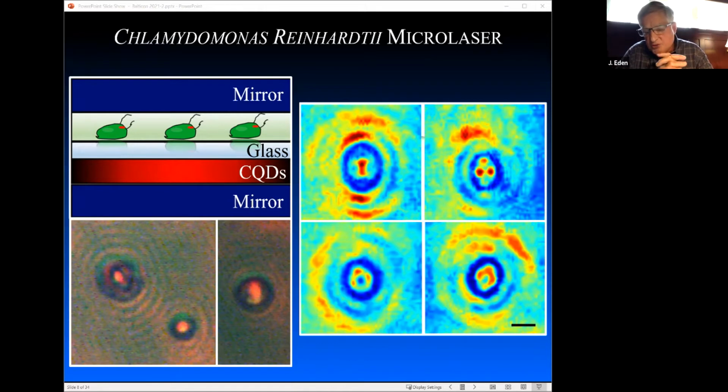And we believe that that's because this is a living cell. If you look at the images, you'll see that the insides are changing a little bit. And that's why the mode pattern is changing. At lower left, you can see red emission from inside several cells. And again, that's due to the fact that clammy is basically acting as a lens. Next slide, please.